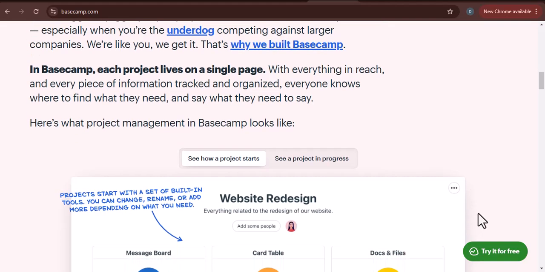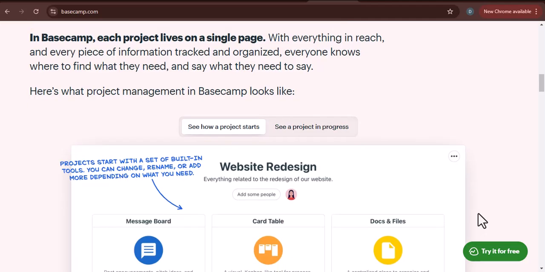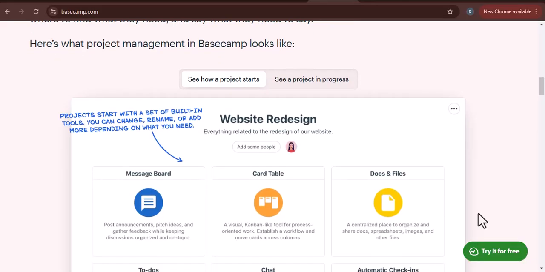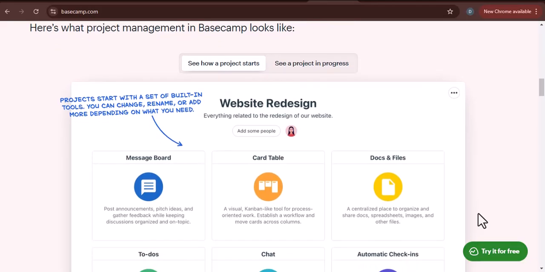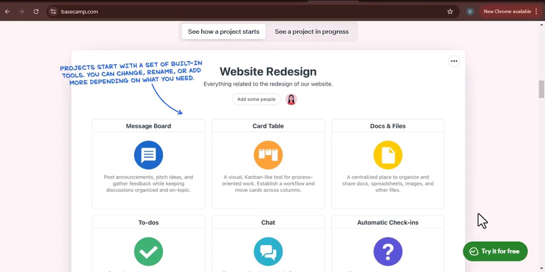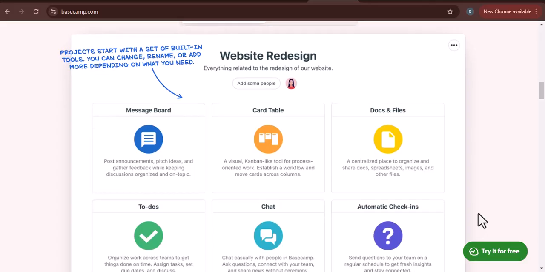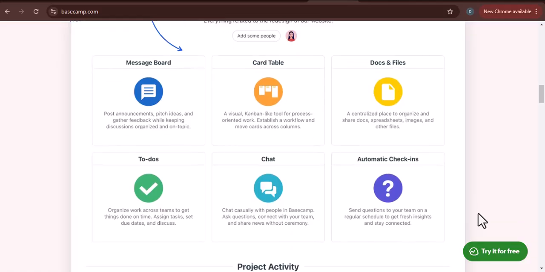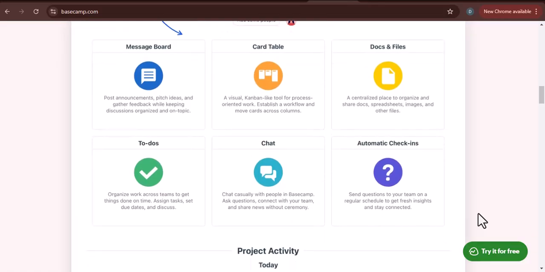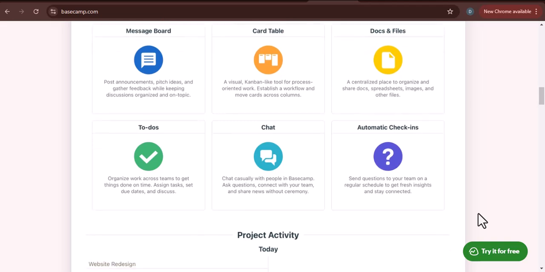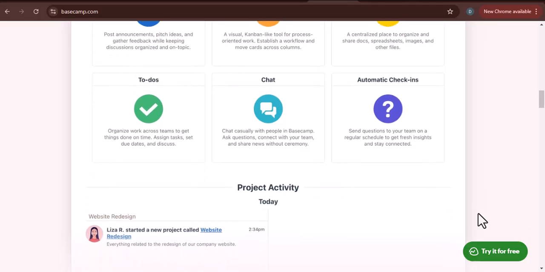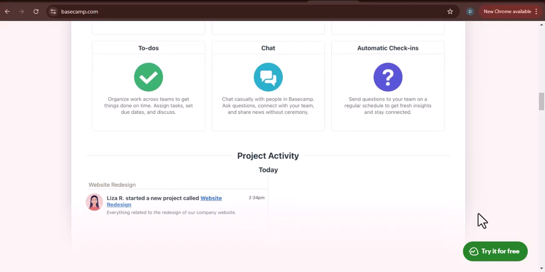A crucial point to remember is managing who has access to what. As projects evolve, team members might join or leave, or their roles might change. Basecamp provides the flexibility to adjust permissions or remove people from a project at any time. Simply go back to the Add Remove People section within the project, and you'll see options to either change a person's role, e.g., from client to employee if they've joined your internal team, or to remove them entirely from the project. This ensures your project remains secure and only relevant individuals have